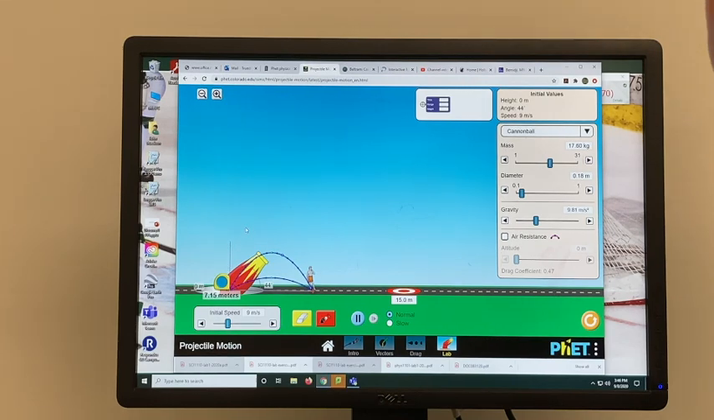Okay, so that's the lab on projectile motion, and have a good